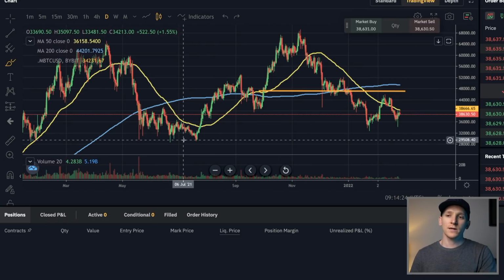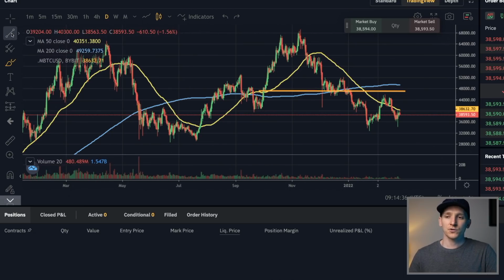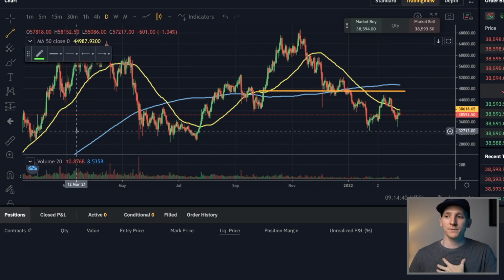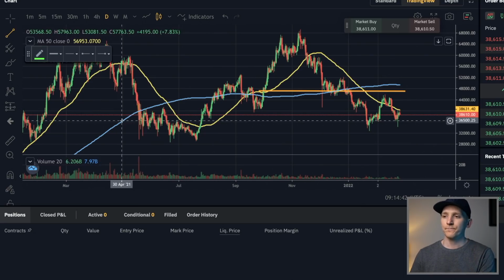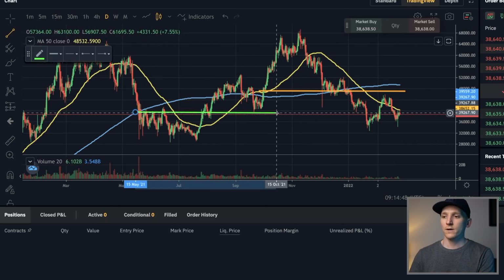Now, the next thing obviously is we want to draw these lines on. These are something we can use to show us levels of trade where the price might go in the future. So all we need to do now is just draw a trend line. And you can color code these. I color code these to just make it easier for you guys to see. But what we can see definitely is this right here is a key level. So what I'm going to do is just draw the line over here